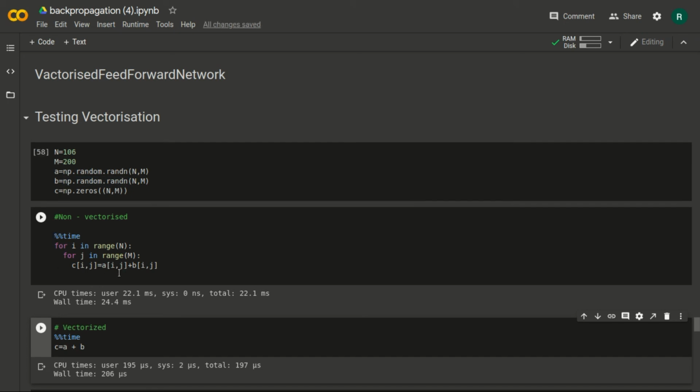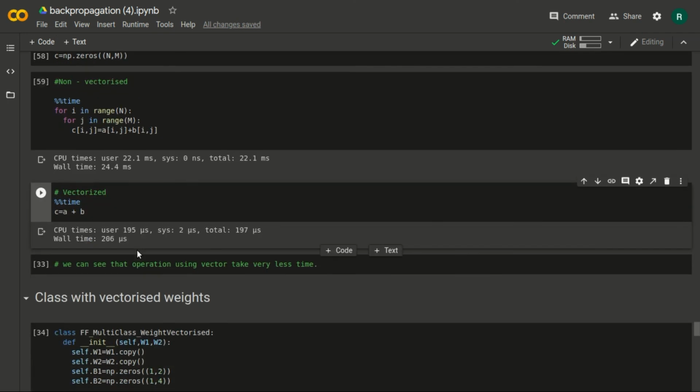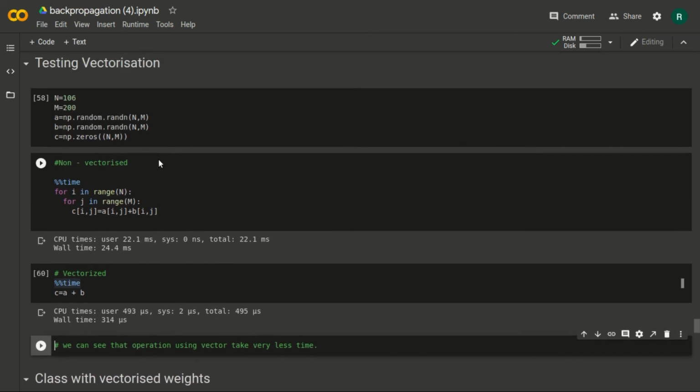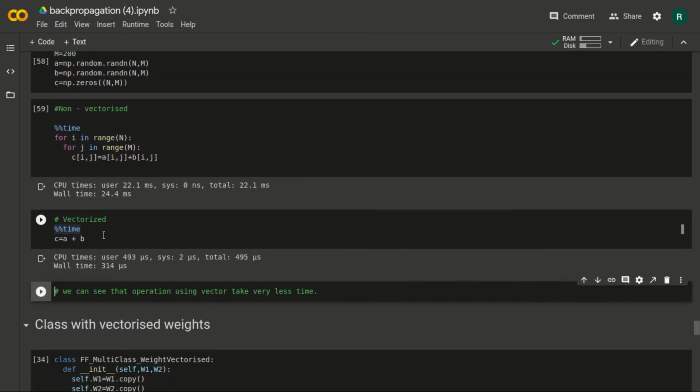This is the formula that adds the elements of the matrices, and since we are in this Google Colab environment, it took just 22.1 milliseconds. This was for the non-vectorized one. Once we vectorized it, c is equal to a plus b as we defined here.